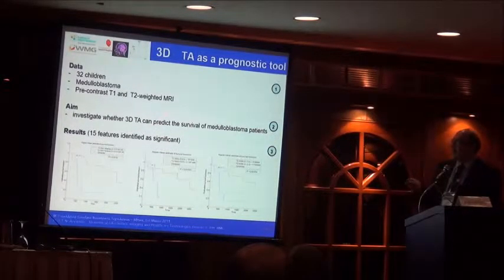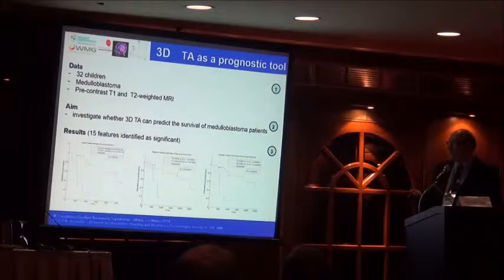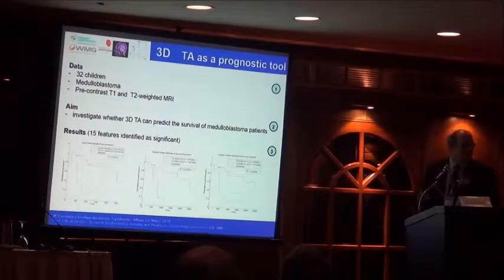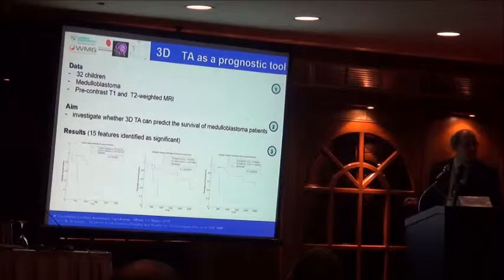Now, finally, I have an example where I show you what we have done with prognosis. We did a blind experiment. We looked at three-dimensional texture analysis features, but instead of looking at specific diagnostic elements, we looked at children that survived beyond 40 years and children that didn't survive beyond 40 years. As a fishing exercise, we found that 15 textural features are significant to tell us about survivability.